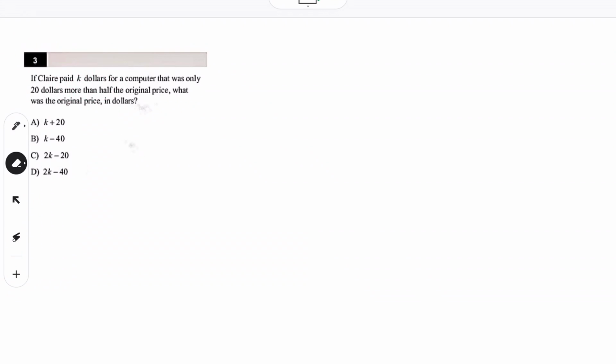We're going to need to translate all these words into a mathematical formula or an equation. To do that, we're going to need to read out what we see and then translate that into its equivalent mathematical format. So we know that K dollars is for a computer that was only $20 more than half the original price. So K equals 20 more, which is another way of saying plus, than half